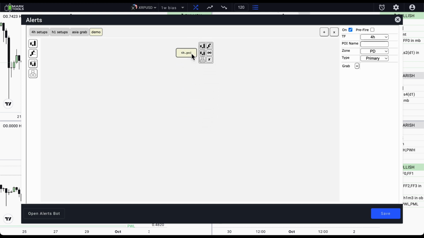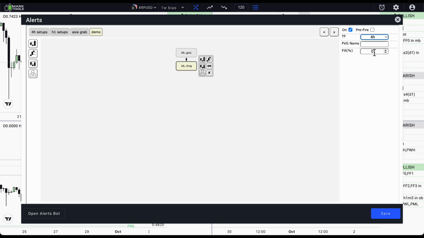I'm expecting to have an impulsive break of structure. Thus I want to see FVG in my POI. I'm adding the FVG node as a child and I'm setting the 4H timeframe for it. Here I have a fill field. I can set how deep my FVG must be tested. I'm not interested in that, so I'm skipping it. Now we implemented our first 4H condition.